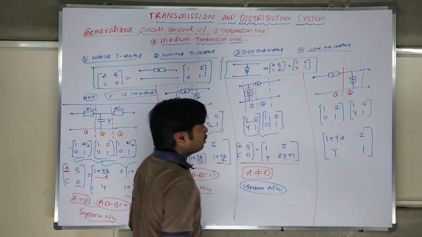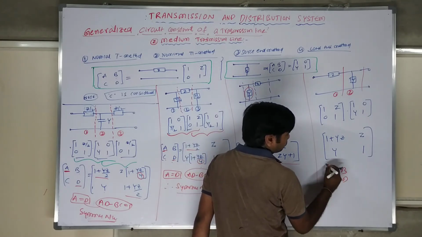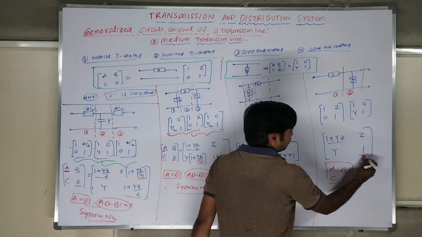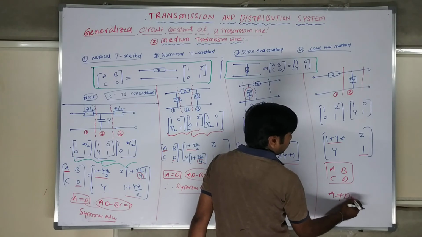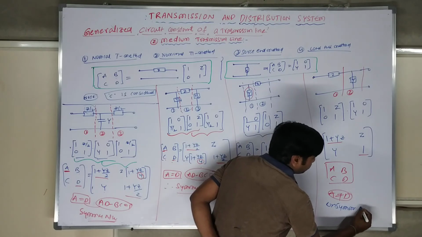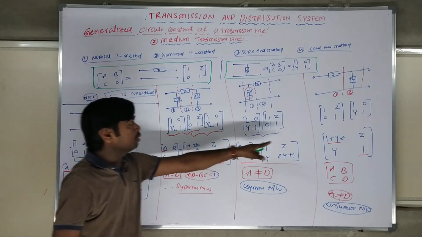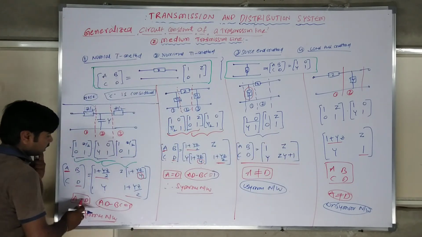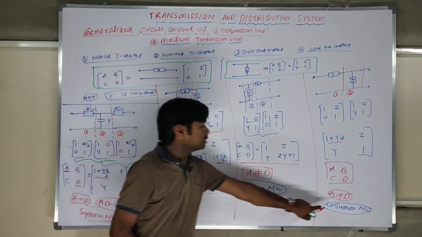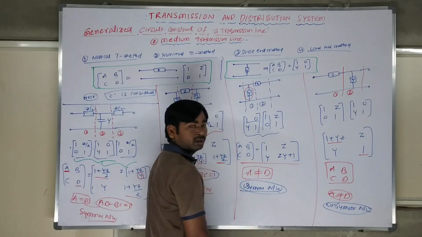In this way, you have to do the calculation, which gives the ABCD parameters of the given load end method. If you see here, it is the same thing: the A and D values are not the same, so A is not equal to D. This is also an unsymmetrical or asymmetrical network. So after seeing nominal T, nominal pi, source end and load end methods: in these two cases A is equal to D and AD minus BC is equal to 1, so these two are symmetrical networks. In these other cases, A is not equal to D, so we can say these are asymmetrical or unsymmetrical networks.